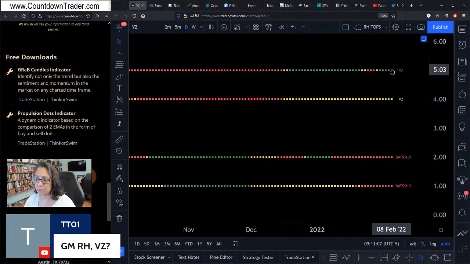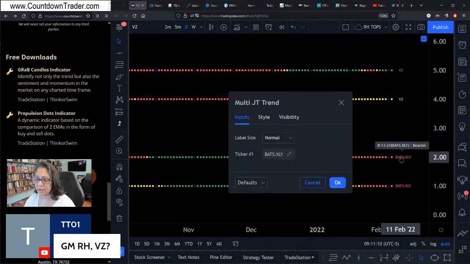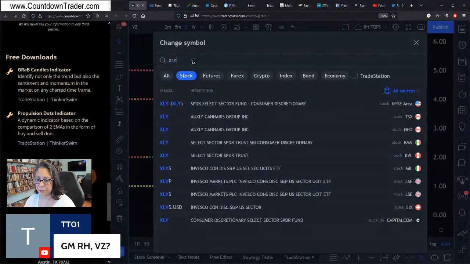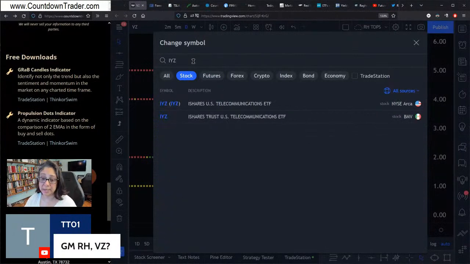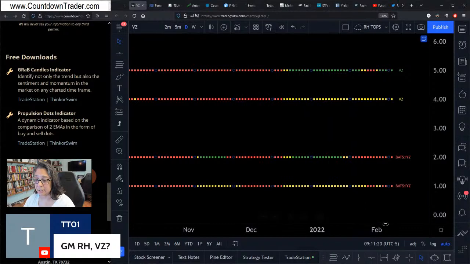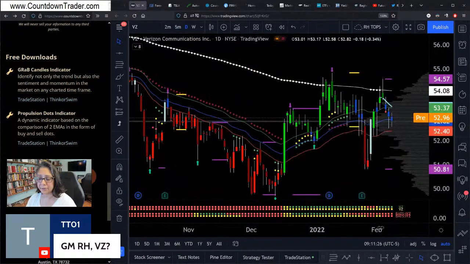That's kind of neutral and bullish momentum. And then if I want to go ahead and compare that to IYZ or even the XLC, see how the XLC or IYZ are red over red, and this stock is bullish momentum neutral. So it's doing something different than the tide. If you want something that is bucking the trend, I typically don't want to do that. If the overall tide is going out for the group that this stock belongs to, I'd rather be trading in